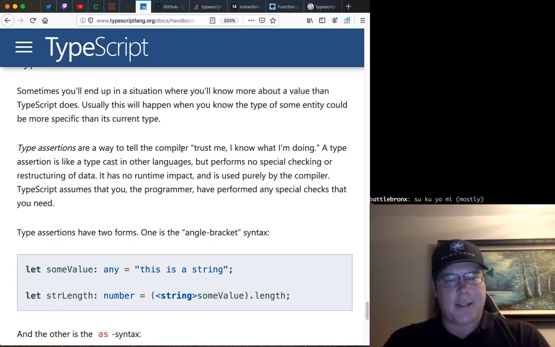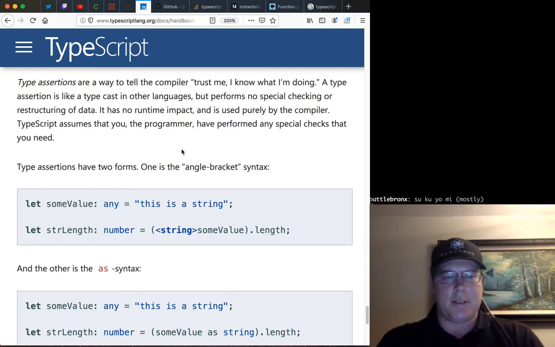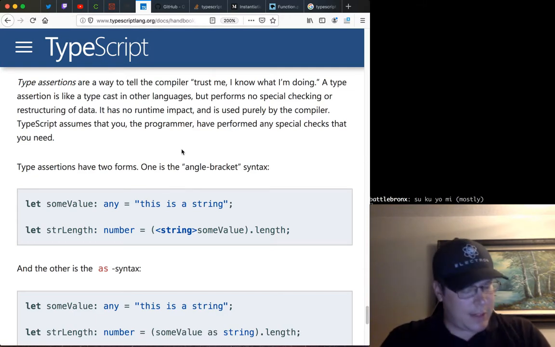Type assertion is like a typecast in other languages, but performs no special checking or restructuring of data. It has no runtime impact, and it is used purely by the compiler or transpiler. TypeScript assumes that you, the programmer, have performed any special checks that you need. Okay, so this is basically just a way to silence